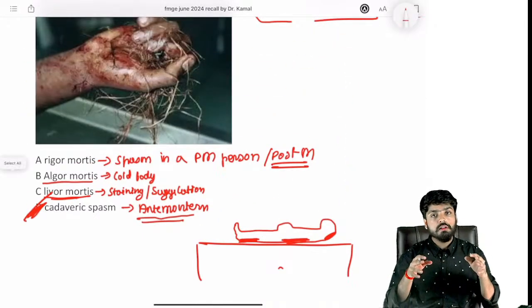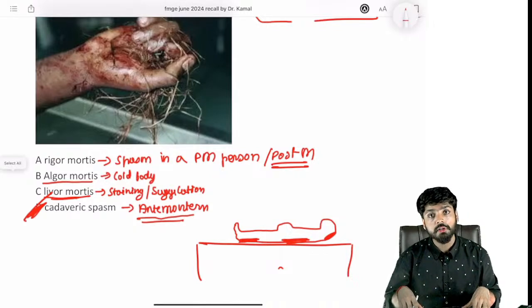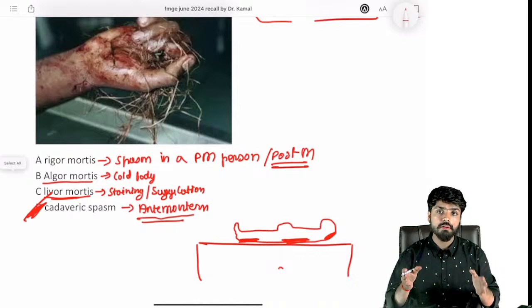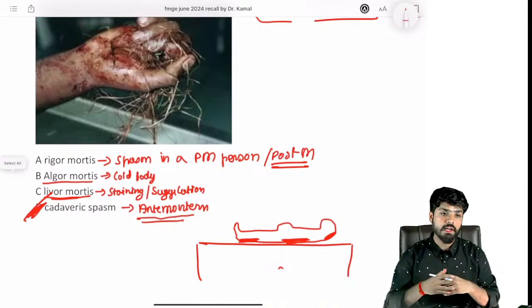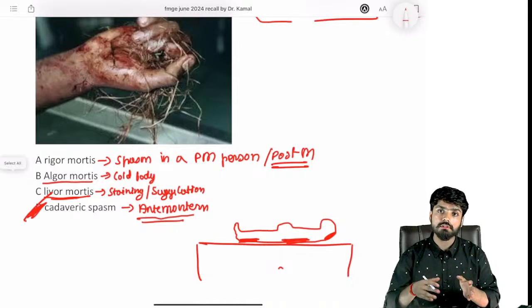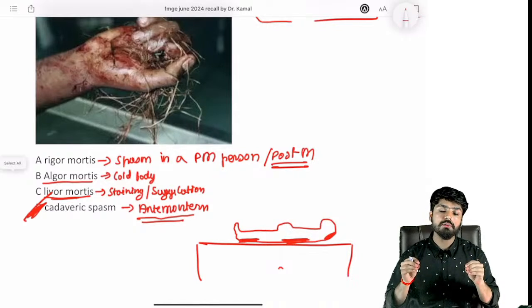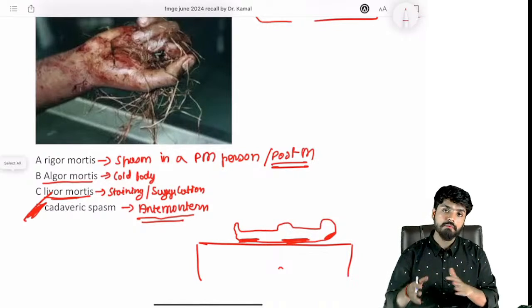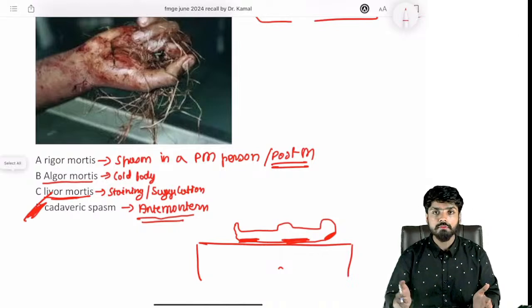Again, this session is definitely for those who attempted the session, but also for those who are going to attempt it, so that you can understand that just knowing the correct answer is not enough. Nowadays the competition is so hard that you have to remember each and every option, not just the correct answer but the other options also, and when those options will be the answer. That's why we are trying to explain even the simplest thing, so that it helps in future exams, in the upcoming FMG or NEET PG, whatever exam you come across.